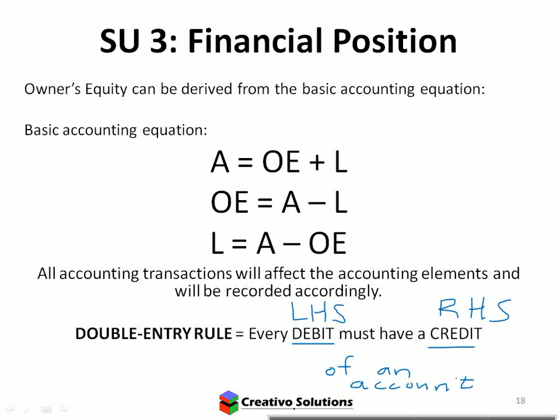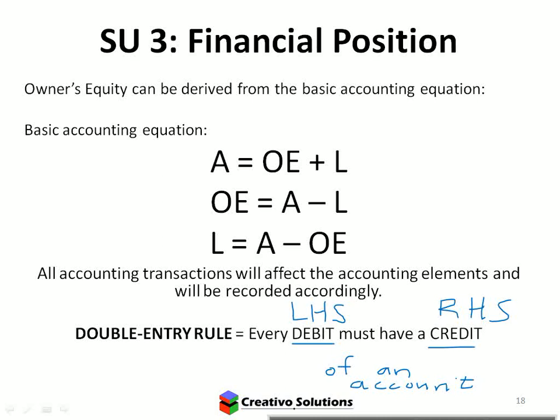Right, so we talk about different accounts. An account could be furniture. An account could be water and electricity. An account could be salaries and wages. It's just something that you need to account for. Vehicles will be an account. Anything that you have in accounting will be an account, because you're accounting for it. So if I've got land and buildings, it's its own account. That account will have a left-hand side and a right-hand side.